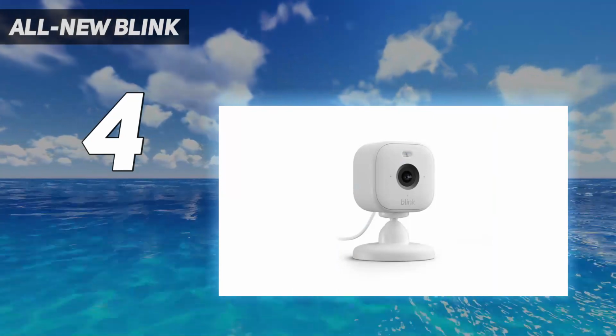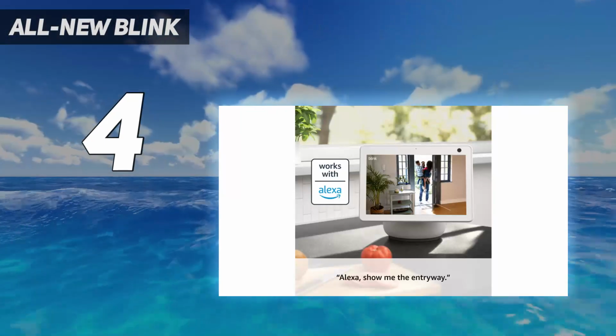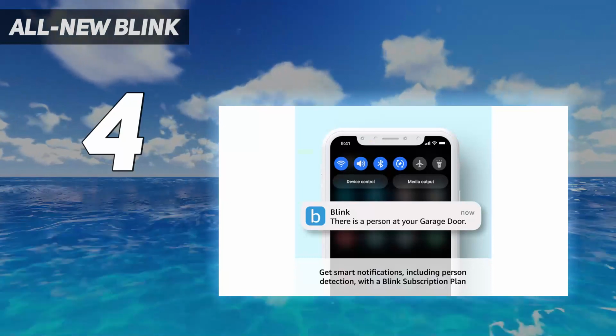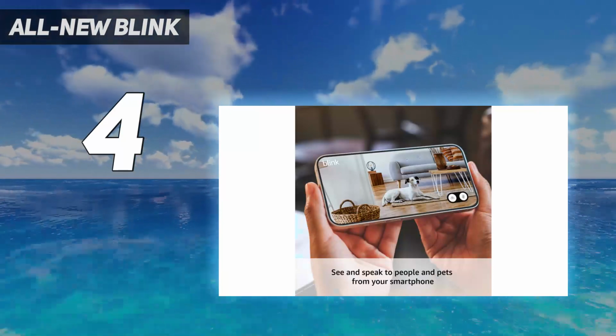I also appreciate the option to log into the app with biometrics, phone permitting. The catch is that you really need the subscription at $3 per month or $30 per year for a single camera, or $10 a month or $100 a year for unlimited cameras. You can technically record locally, if you purchase a Cync module too, $50, and insert a USB flash drive, but